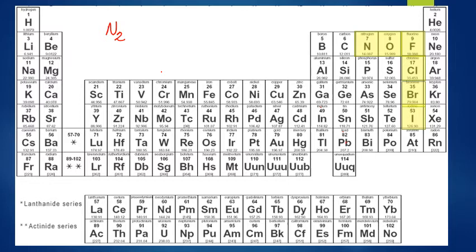Nitrogen, oxygen, fluorine, chlorine, bromine, and iodine. But how many of you are going, Norton, that makes 6. I thought you said there was 7. Yeah, there is 7. You can't forget the geek in the corner. So for all of these, they are diatomic, they are molecules, they are elemental molecules, because they're made up of exactly the same type of atoms.